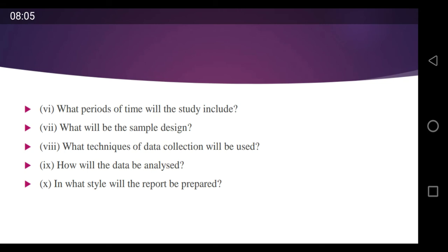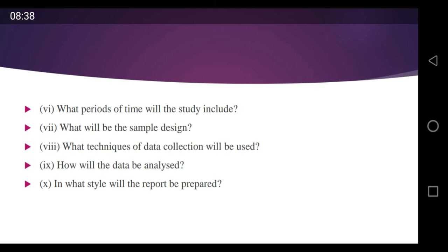Now, how will the data be analyzed? Once you collect the data, you have collected from different resources and from recent areas also, but you need to think about how we are going to analyze the data, whether the given data is correct or not, whether your given data is in the given format or not. I need to set some criteria as per my research problem. Once you have that, afterwards you can easily analyze your collected data.